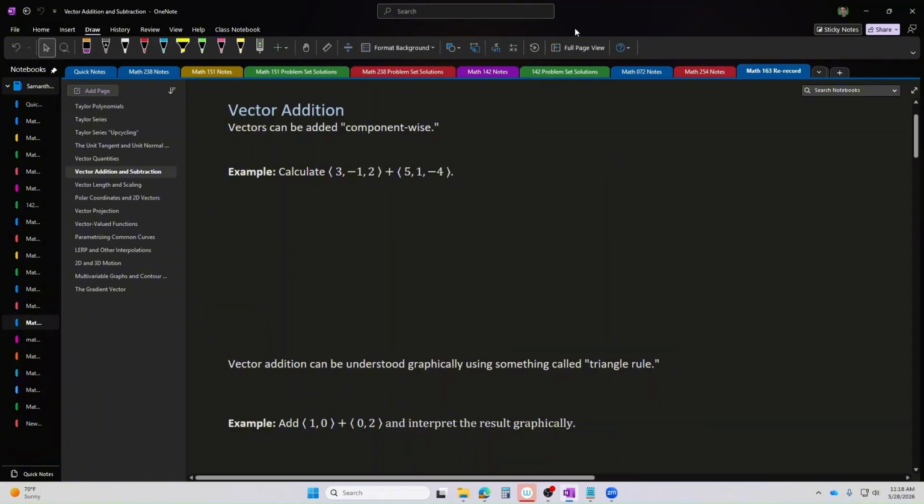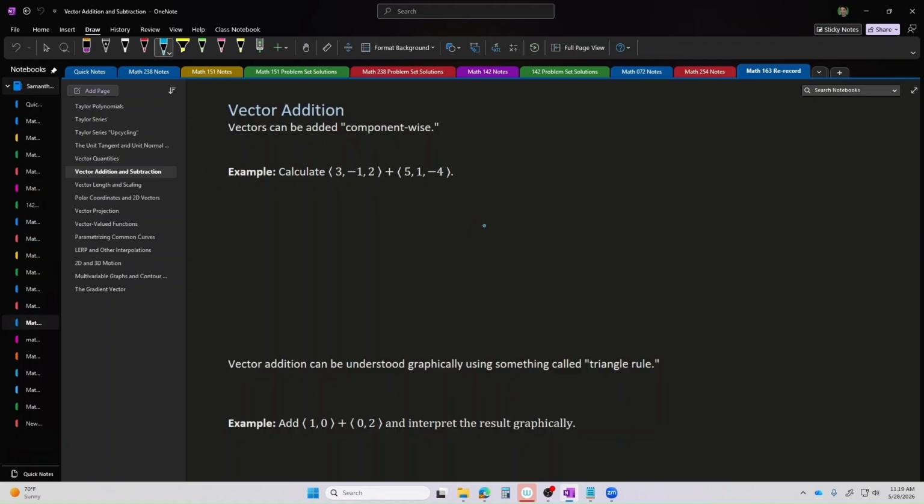And when we talk about an operation being component-wise, we're talking about if you want to add two vectors, you add the x components, then you add the y components, and then if you have z components, you add those too. So for example, if someone is asking me to add the vectors 3, -1, 2, and 5, 1, -4,